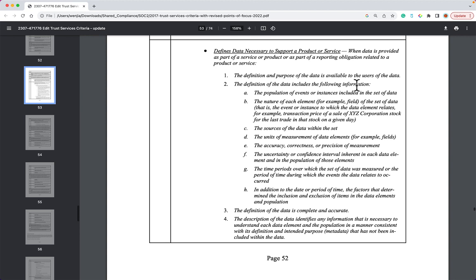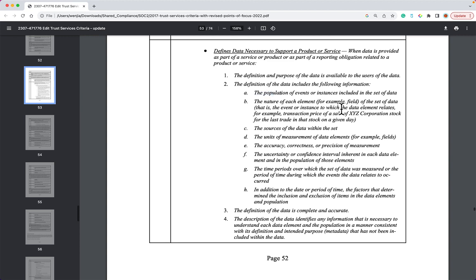So you need to let your user know what this data is and why we are using it, the definition of the data, including the following information. So what you need to tell the user of the data clearly is